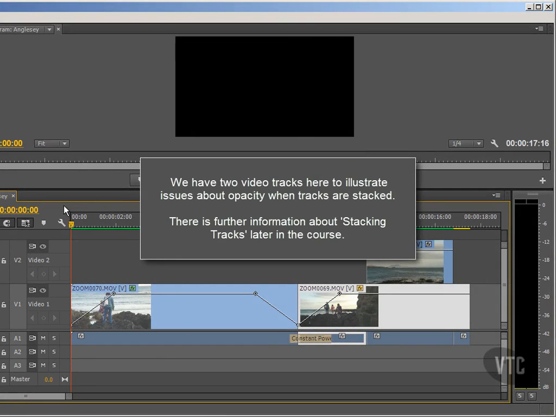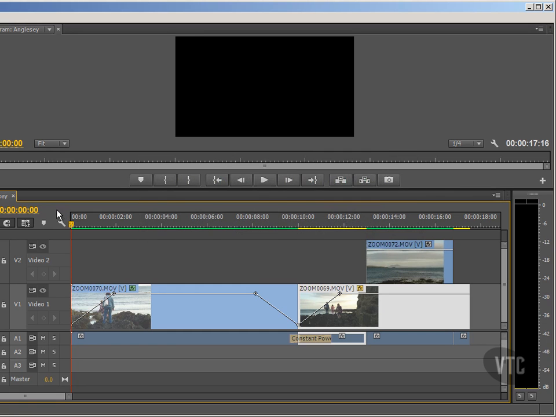During the last tutorial where we looked at fading in and fading out a clip, we discussed something called opacity. You'll know that opacity references the visibility of a clip, so it follows then that at 100% opacity our clip will be fully visible, whereas zero opacity will mean it's totally invisible. For example, at the beginning of our clip we can see that the opacity is right down at the bottom,